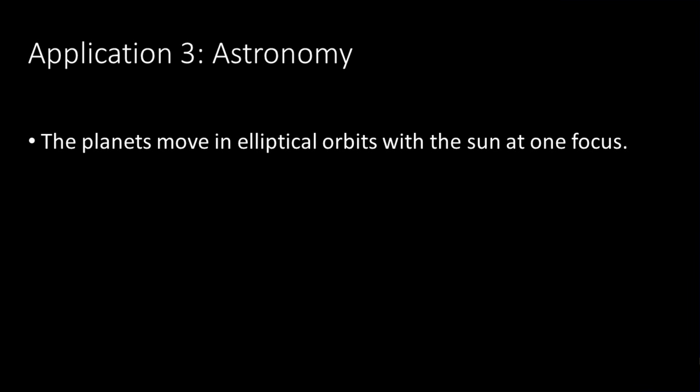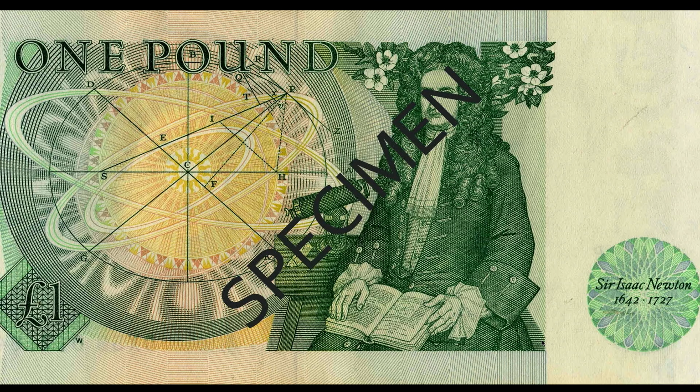Isaac Newton did it, and he is commemorated, or was in the olden days, before we had pound coins, we had pound notes. It has to say specimen on it, because there are laws about showing pictures of banknotes, even old ones, so that's why. But this is a picture of the old pound note, and it commemorates Isaac Newton's work on gravitation, on astronomy, and it shows the elliptical orbits, some of the elliptical orbits, but there is a slight error here